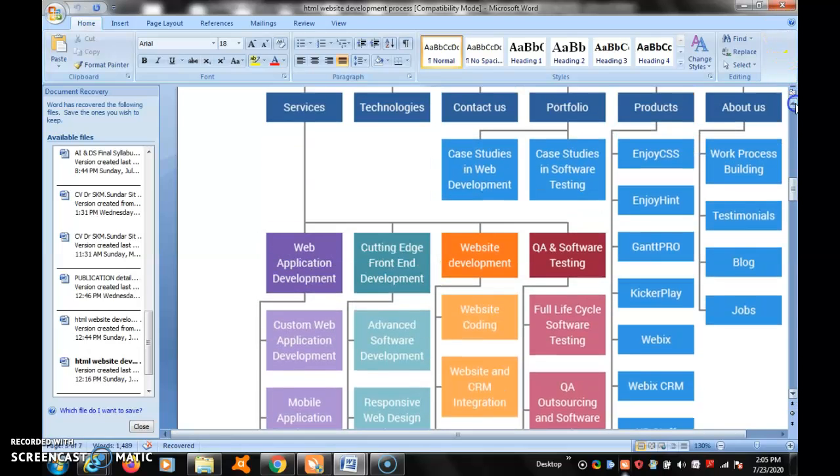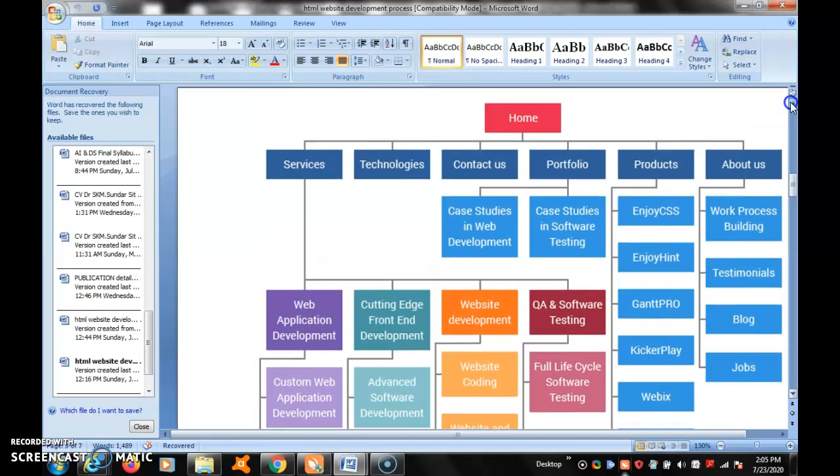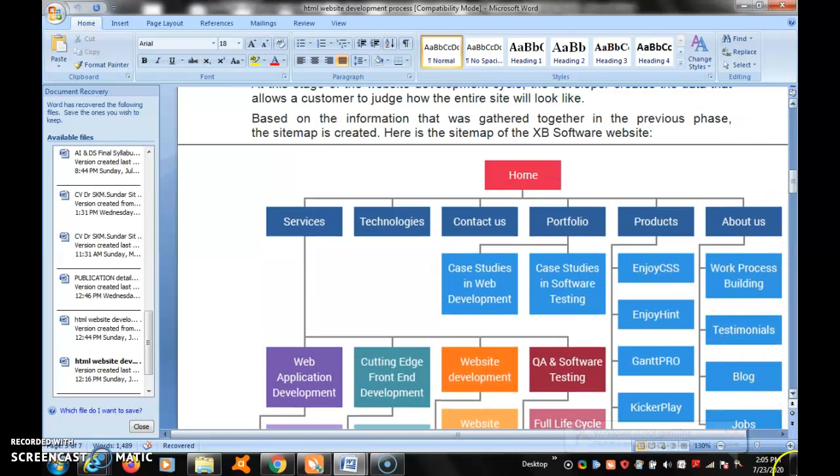In about us, there is working process, building, and then testimonial, blog, and then jobs. It is all in about us. So it is an overall portfolio of the website.